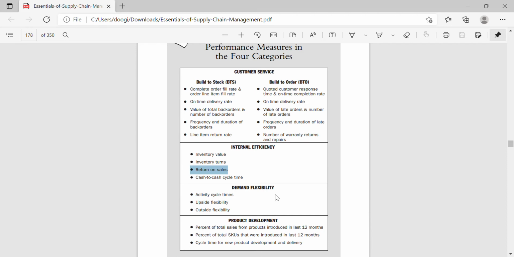Look at return on sales. You want to make sure your inventory value is pretty high. Inventory turns, return on sales. I'm thinking I may just go